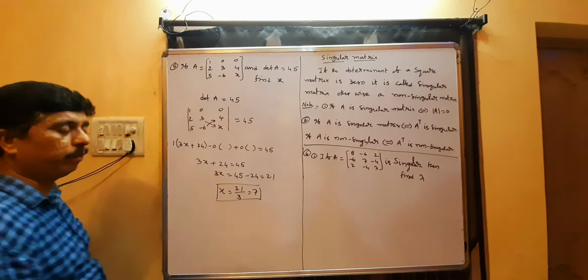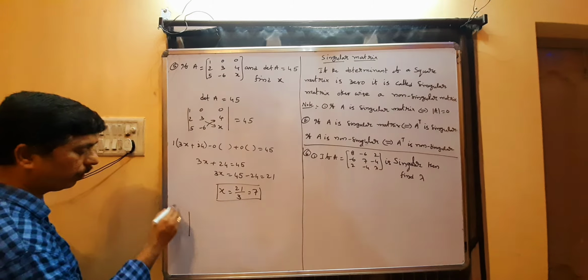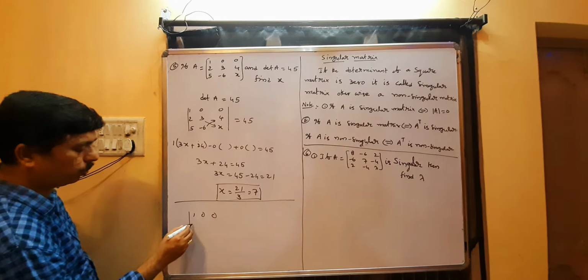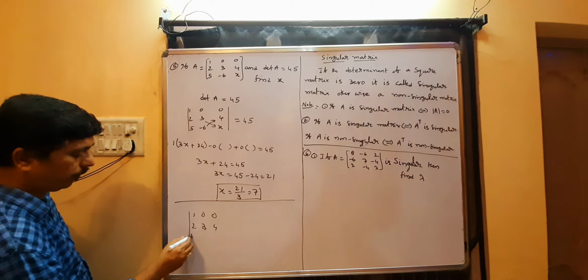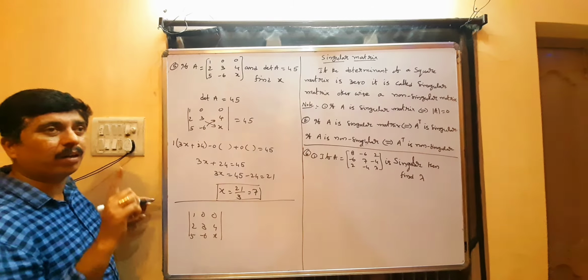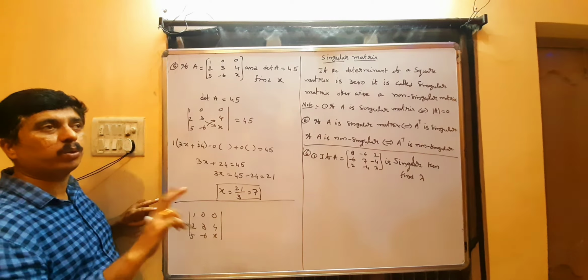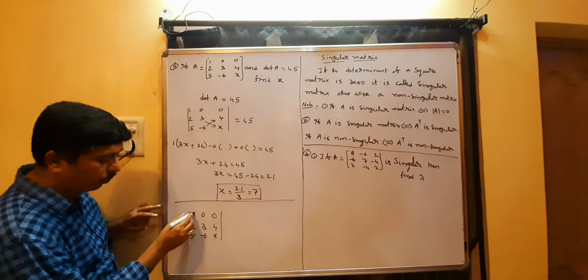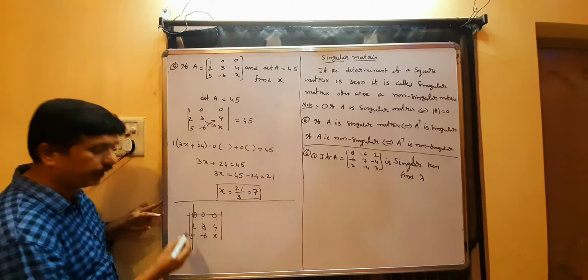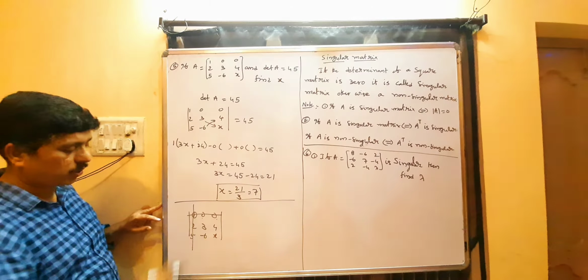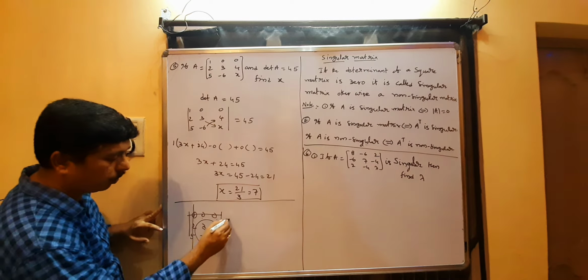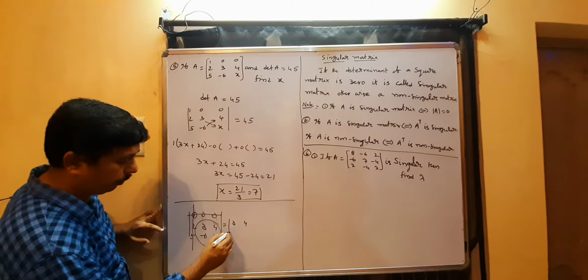So one thing you have to remember, whenever the value of x is given in 1, 0, 0, 2, 3, 4, 5, minus 6x, in a row one element is not equal to 0 and the remaining both are zeros. ఇక్కడ ఫస్ట్ రోలో 1 ఉందన్న రిమైనింగ్ జీరోస్ ఉన్నాయి కాబట్టి ఈ ఫస్ట్ రో ఫస్ట్ కాలం తీసేసేయండి. ఫస్ట్ రో ఫస్ట్ కాలం డిలీట్ చేసేసి రిమైనింగ్ ఎలిమెంట్ డిటర్మినెంట్ అనుకోండి. This is equal to det of 3, 4, 5, minus 6x.